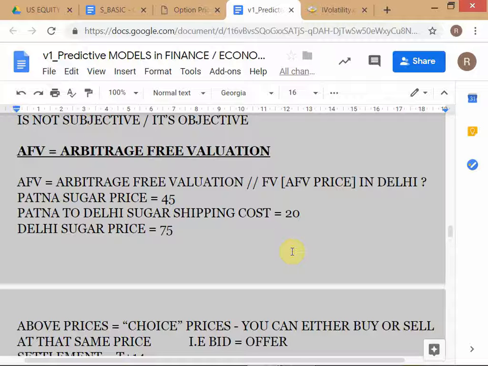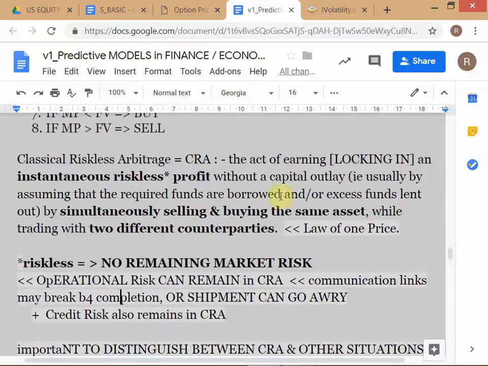Lock in. Lock in the profit. So what I mean by locking in the profit means that I have not earned the profit. So in fact, I should change this definition. Instead of saying earning, I should only say act of locking in. Because in many cases, you don't actually earn it immediately. Only in a cash transaction, and even then you have to wait for the settlement to go through. So we should not say earning, we should say locking in.